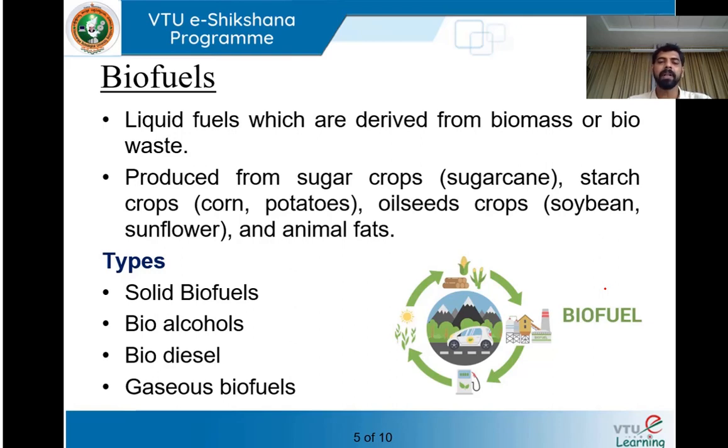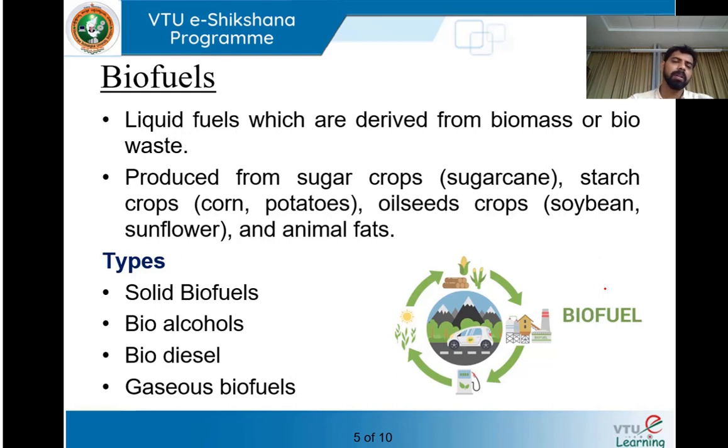There are some solid biofuels which cannot be used in the raw form. So what we do is normally we convert that into a small pellet kind of a thing. Normally 1 to 3 centimeter small pellets will be used, and those pellets can be burnt either in a stove or in a furnace, where we just burn that. These are some of the examples of the solid biofuels which we have been using nowadays.